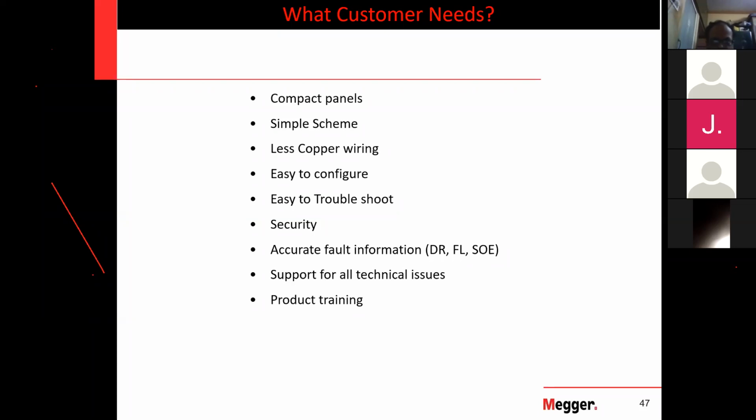Yeah, we are talking about this accurate fault information: DR, FL, and SOE. This is like a disturbance recorder, fault location, and sequence of events. So this is very easy to understand. Let us imagine like this: 20-30 years back,